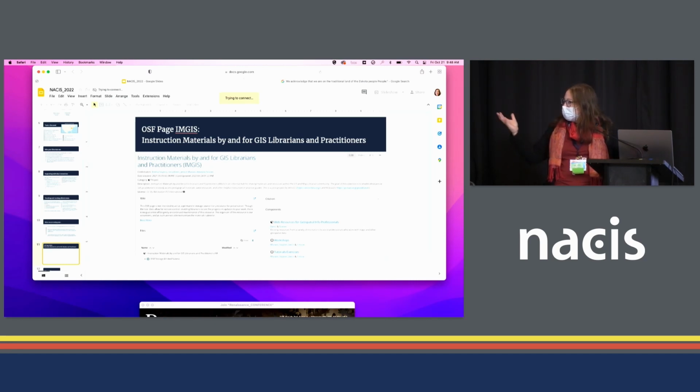Another thing that we also want to support with libraries, and I so appreciate it was mentioned in the last talk, was engaging with ideas of data management and licensing. And it was a big laugh, but it's so important. And those are the kinds of things that we also like to sneak into our practice as well. And so having resources that already have data management, licensing, and reproducibility embedded is something that we want to encourage people to share through IMGIS, so that we can not only prepare our students for dealing with GIS, but also for dealing with GIS in a way that is reproducible and effective.